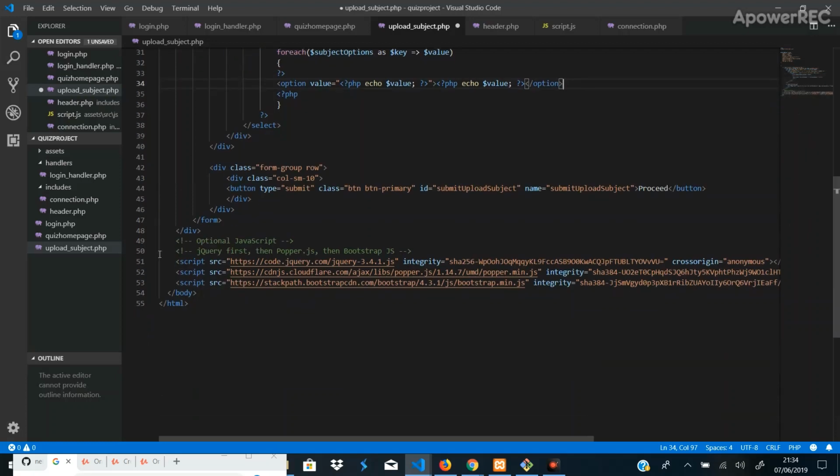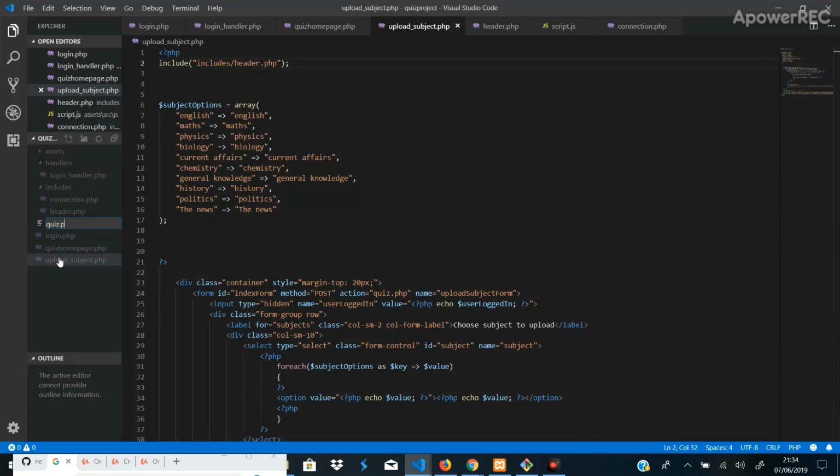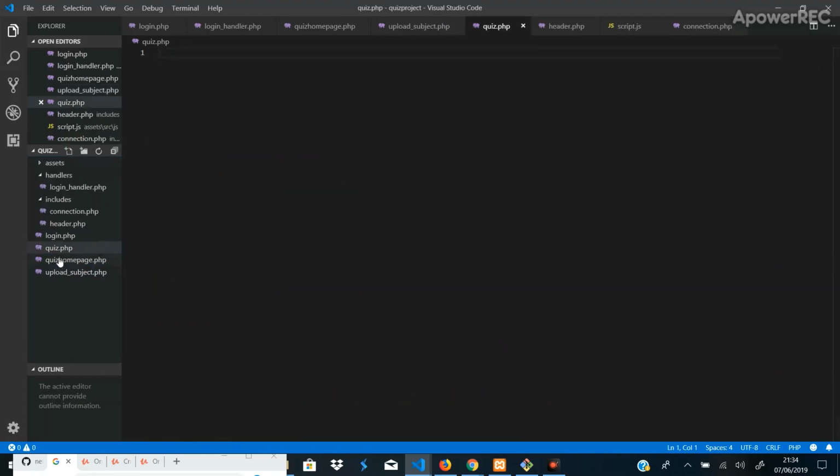Okay, so having done this, the next thing we want to now do is to create this file, the quiz.php. So save this and come in here and create a new file, and we'll call this quiz.php, right? So now on this page, the first thing obviously we want to do is start it as a PHP file, so let's do that first. Okay, close the tag, and then